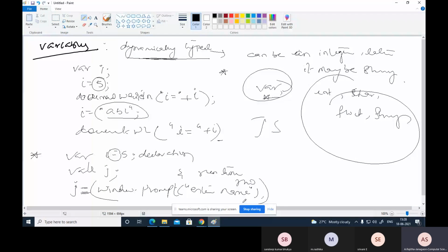Convert this roll number into an integer by using the method parseInt. You just call parseInt and pass this string within it. The prompt method returns a string only. That string you pass within the parseInt method, which returns an integer. So this assignment operator is used at declaration time, otherwise at runtime.